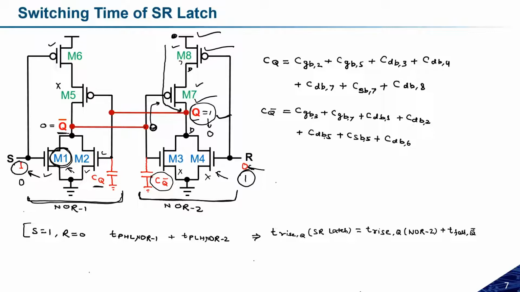at Q bar, and we will consider NOR. Okay. So this is how we can calculate it. Similarly, you can calculate for the other case, if I am changing the state from 10 to 01, you can calculate the rise time. I am leaving it for you to calculate. So these are the components of how we can calculate the rise time and fall time.